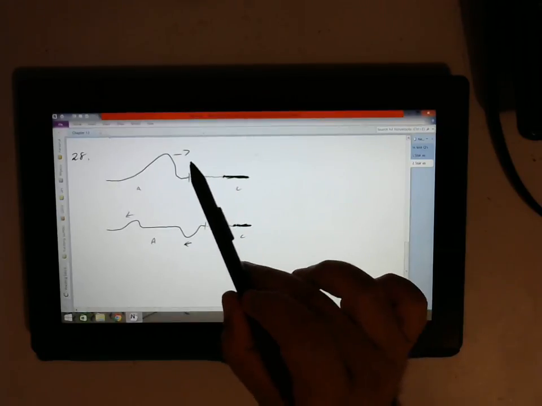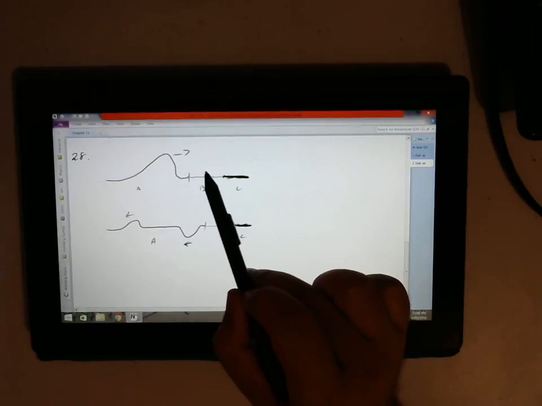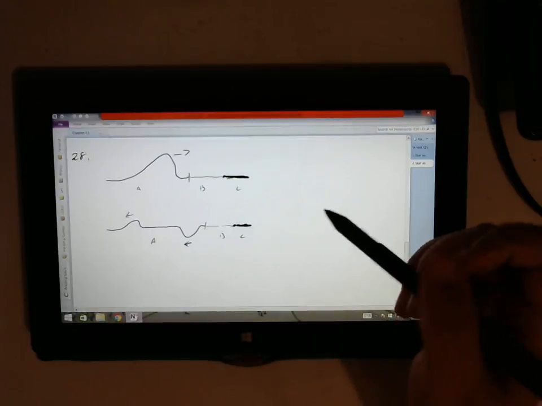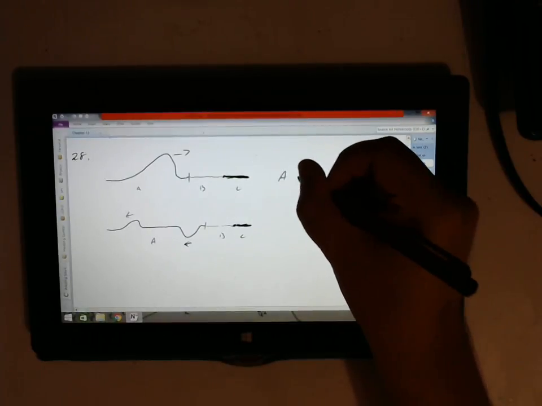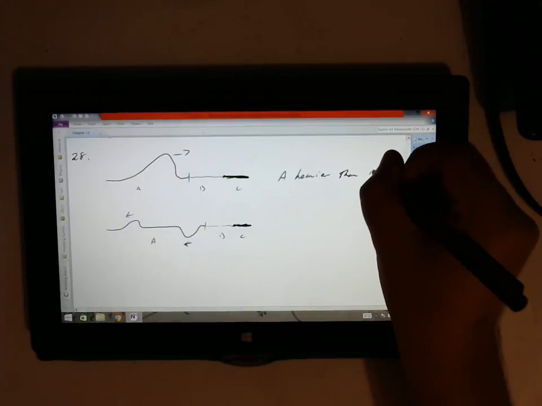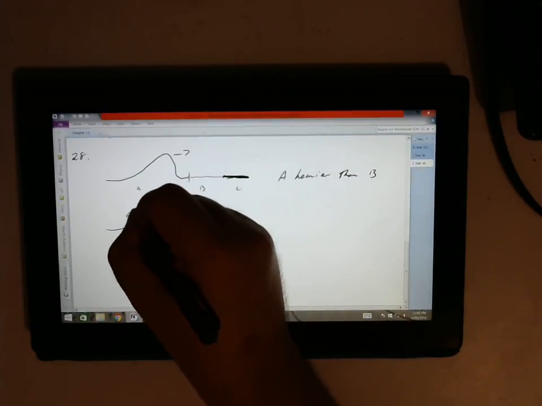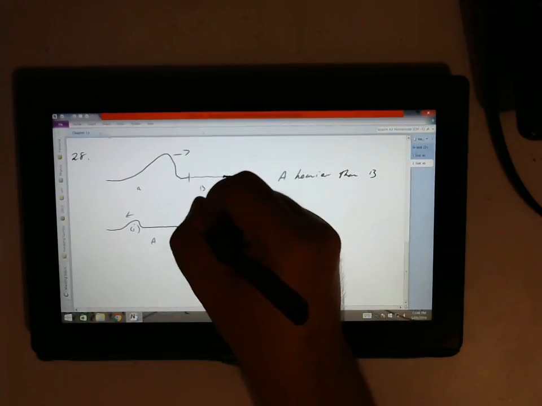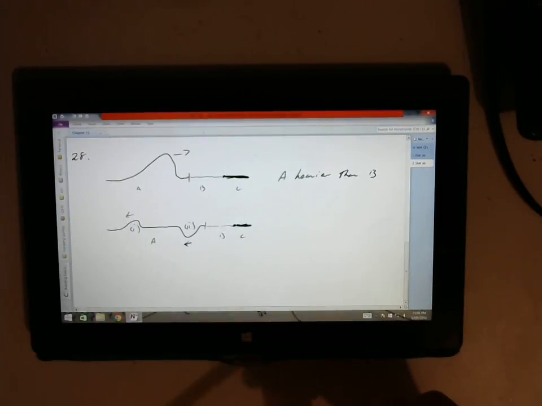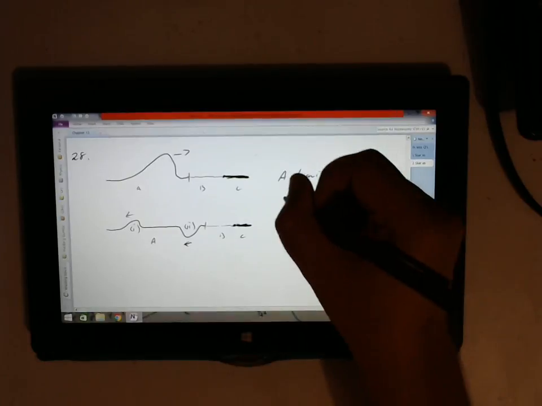So if we're going from A to B and reflected back in phase, that must mean that A is heavier than B. And we'll call this pulse 1, we'll call this pulse 2. And again, they're not labelled on there, but there's no reason you can't give it a name if you're answering a question like this in an exam to help you explain your methodology. It's a really good way to help with your communication because